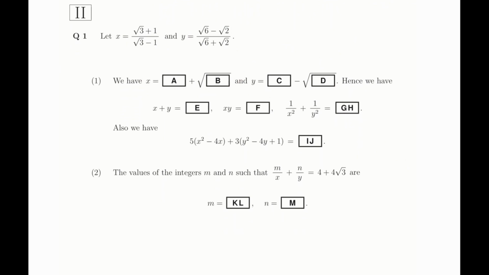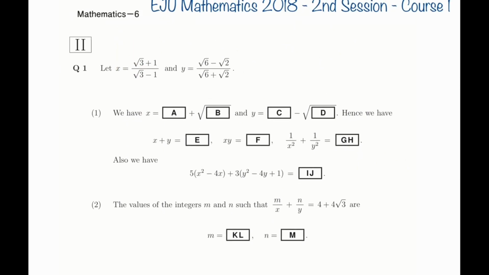So if I want to rationalize the denominator, I need to multiply both numerator and denominator with the conjugate of the denominator. So, square root of 3 plus 1 over square root of 3 minus 1. If I rationalize it, by multiplying both numerator and denominator with the conjugate of the denominator, then I will get,